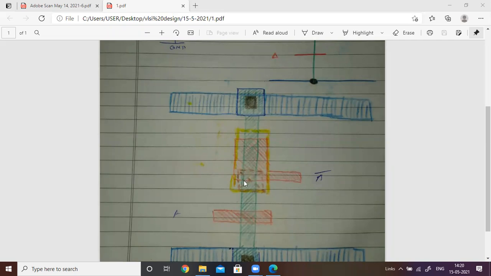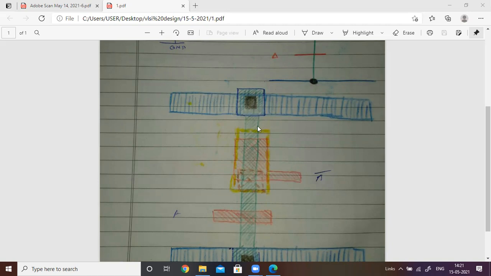And then how to get the output, because this is the contact terminal. From this contact, we can take either polysilicon, or metal, or diffusion to get the output terminal. But here we are going to consider polysilicon. From exactly this point you can take the output. Only this point, not from here. From this point only, you can take the output.